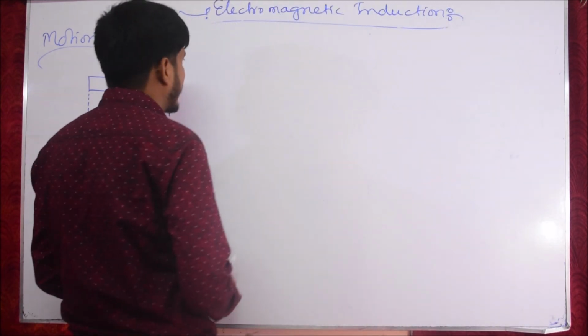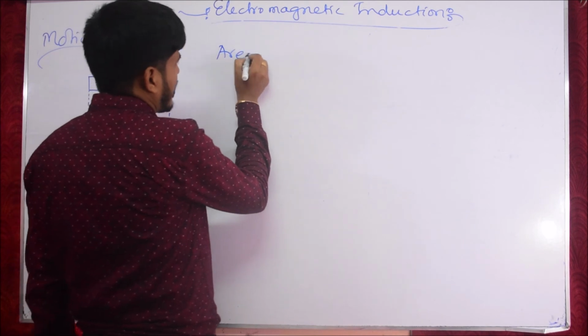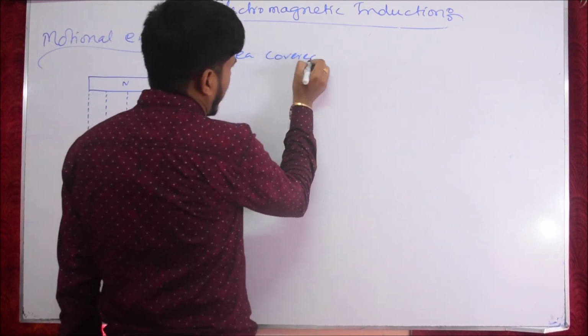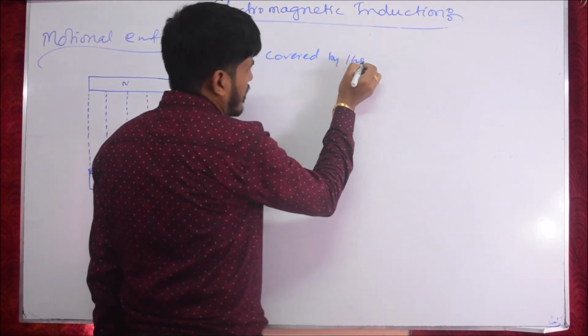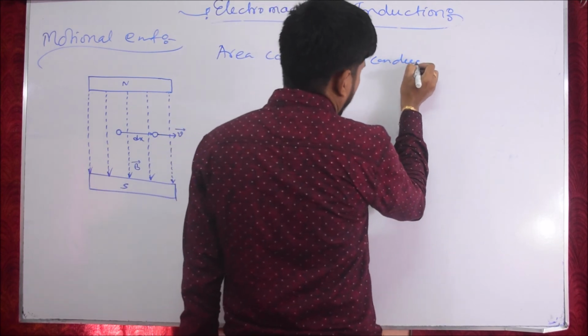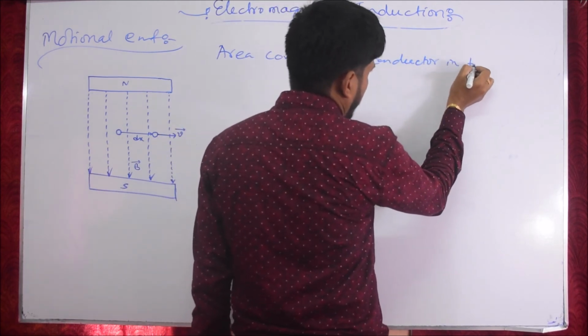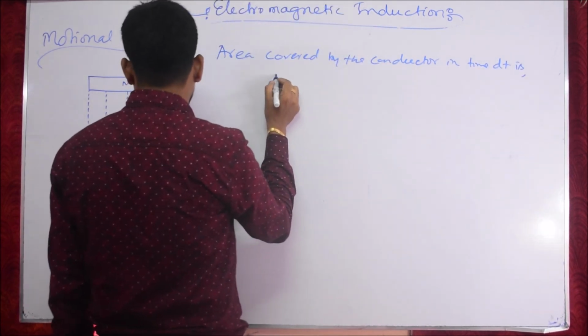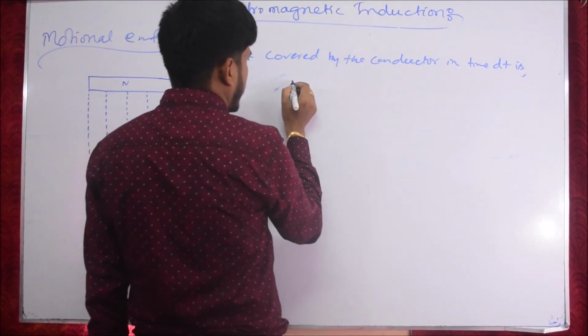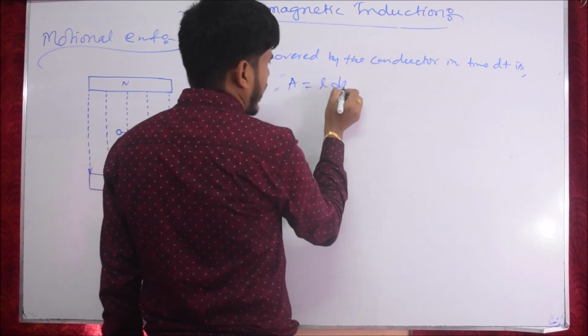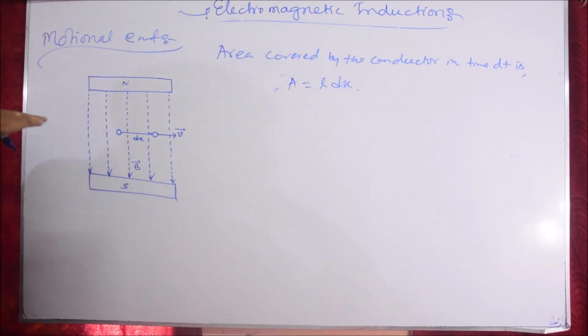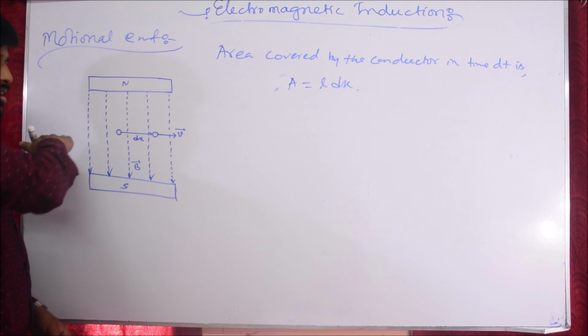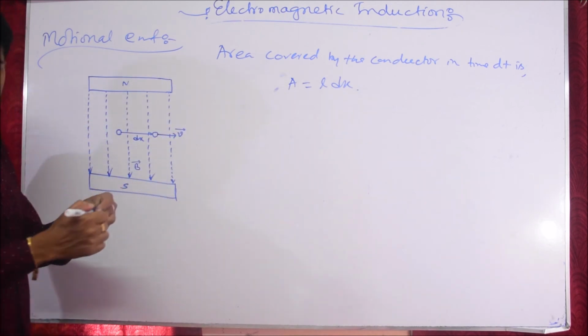Area covered by the conductor in time dt is L dx. Understand? L is the length of the conductor and it covers dx distance. See,